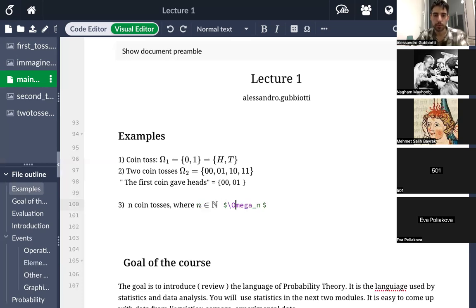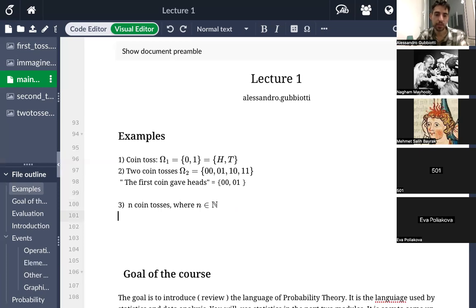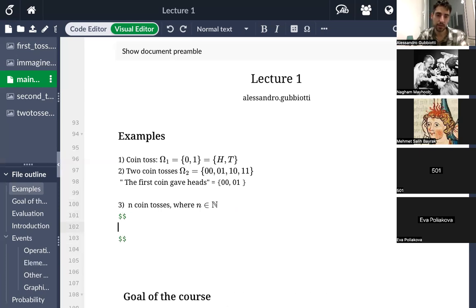So omega n, how can we write it? Well, it is the set, in this case, we can use the same encoding. We can encode the sample space with strings of n digits